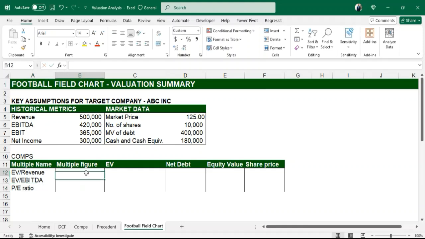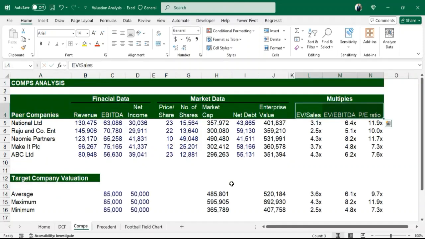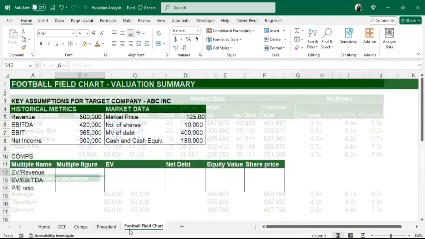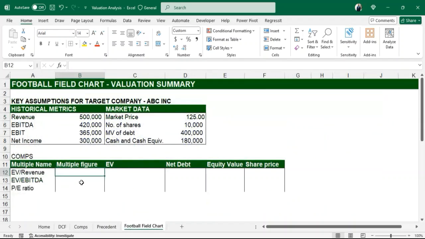Alright, now what are the figures? Those are the average figures we are going to use down here. So 3.6 times, 6.1 times, and then 9.7 times. Alright, so I'll come here and have 3.6, 6.1, and then we will also have our PE ratio to be 9.7. So given our multiples